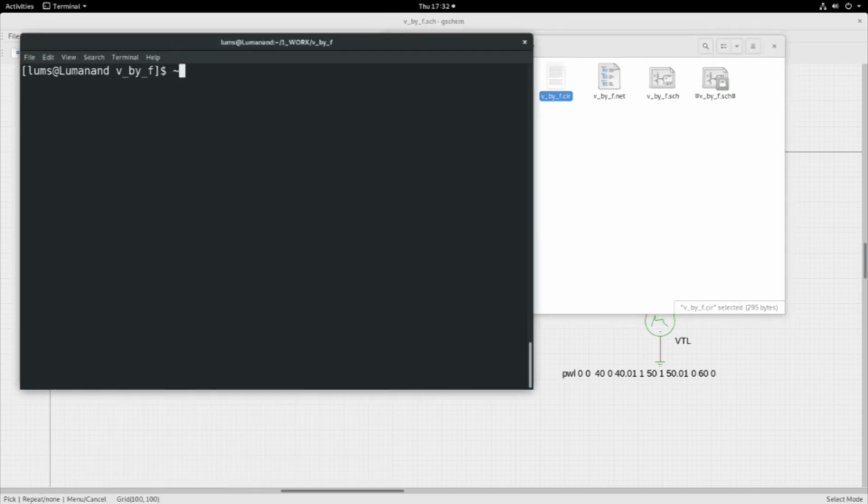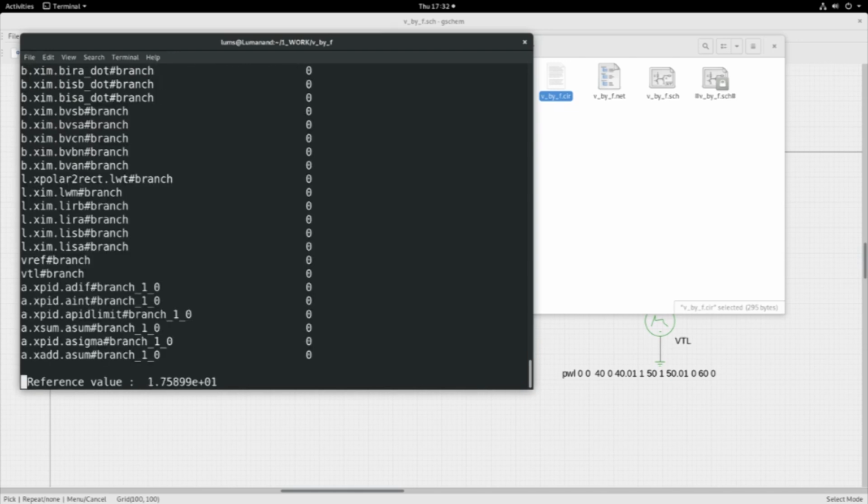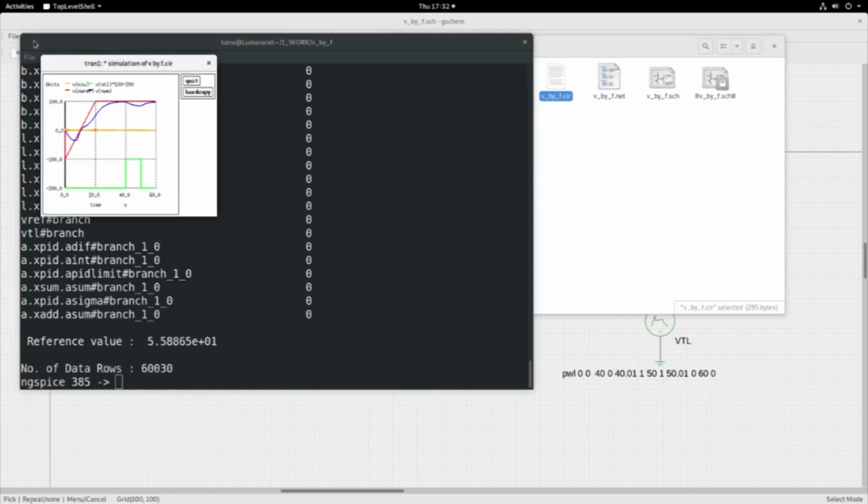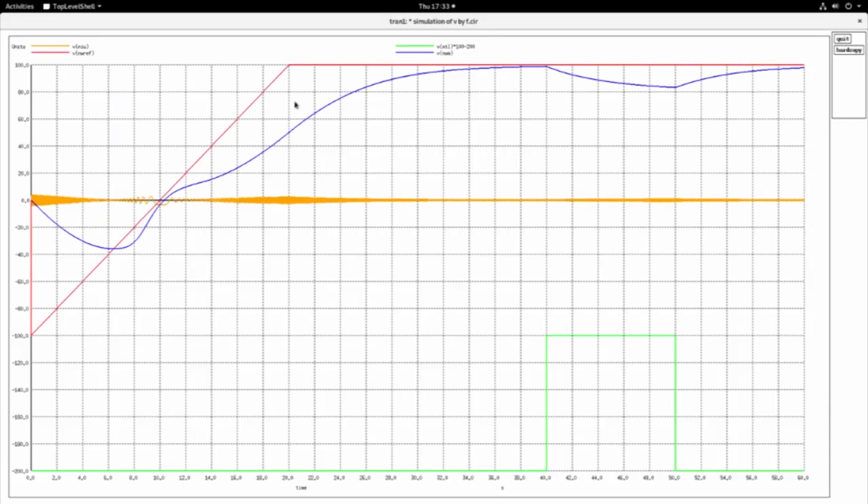I'll give run sim v underscore by underscore f. So this will generate a netlist and then execute the simulation for 60 seconds, and these are the waveforms that you see. You see that this red waveform, minus 100 to plus 100, is the reference waveform, and the blue is the